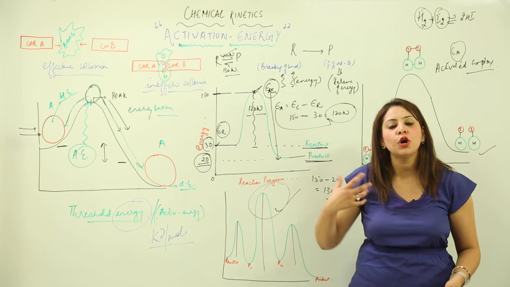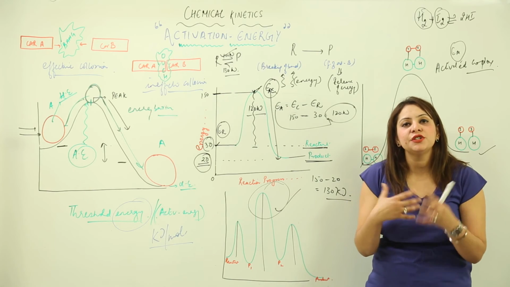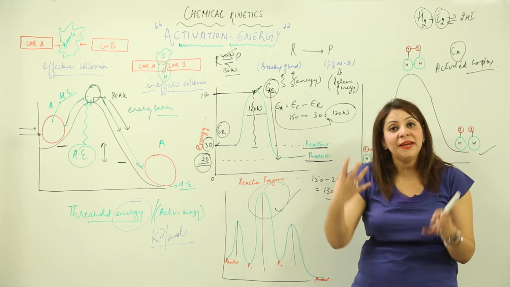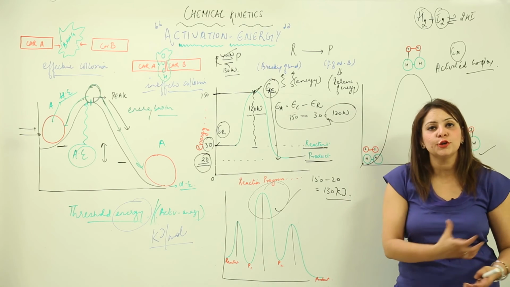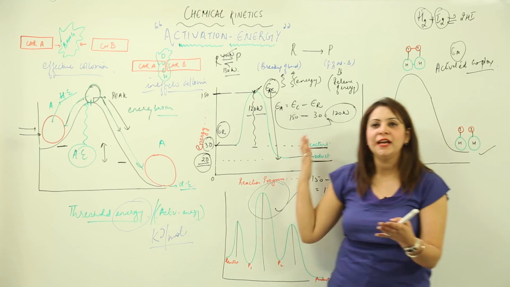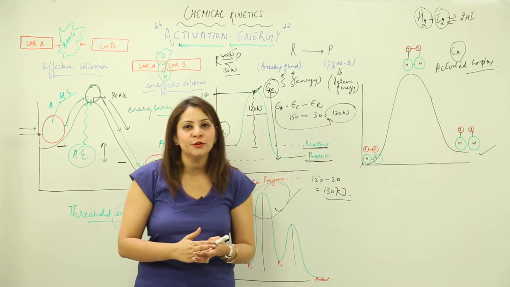and this graph we are going to consider when we talk about the activation energy or the energy barrier, the energy which must be possessed by the reactants, or you can say the peak which the reactants have to cross in order to cause effective collisions. So I think on the whole you are clear that for the reaction to happen, I am just going to sum up again.